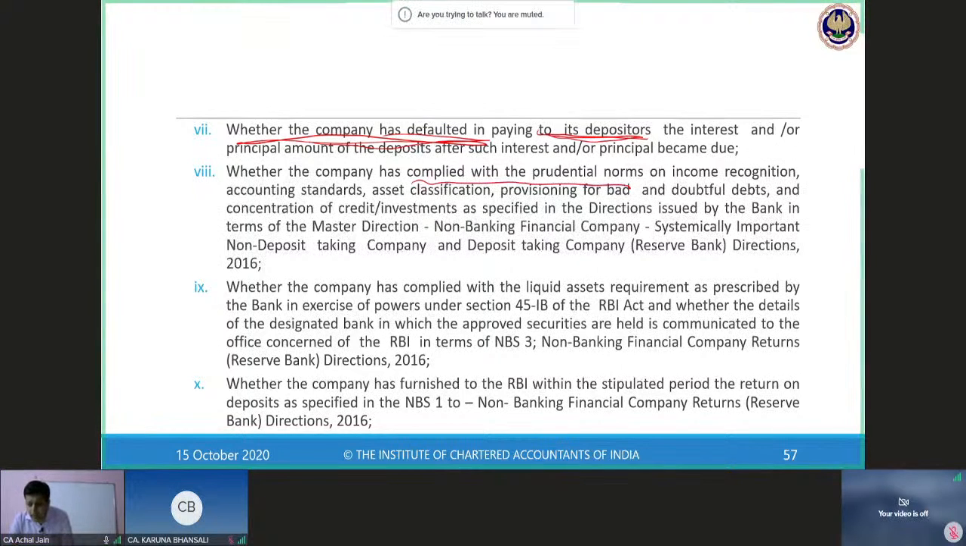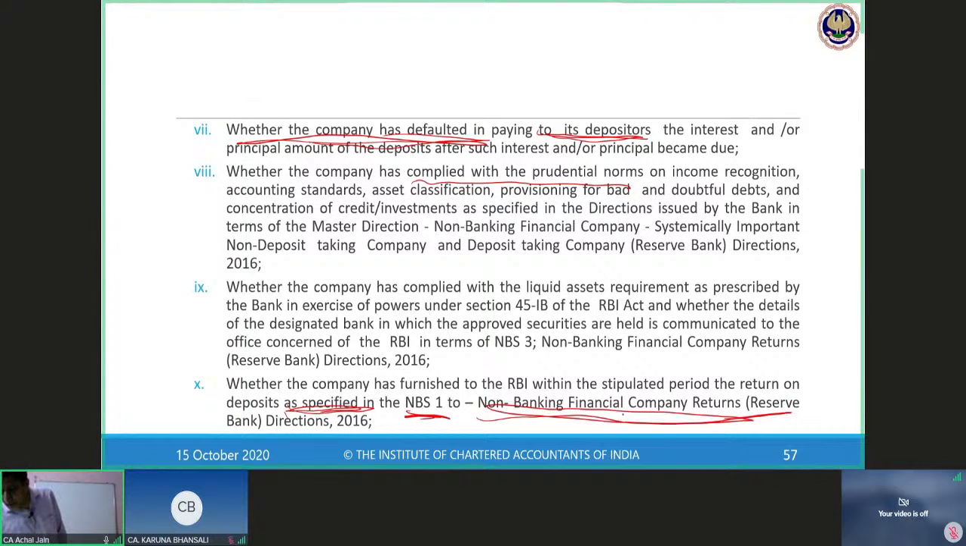Whether the company has complied with liquid assets requirement which are prescribed as per the RBI Act, and whether the details of the designated bank in which the approved securities are held is communicated to the office concerned of the RBI. Whether the company has furnished to the RBI within the specified period return on deposits. Return on deposits, which is specified in NBS 1, 2, Non-banking financial company returns, reserves,